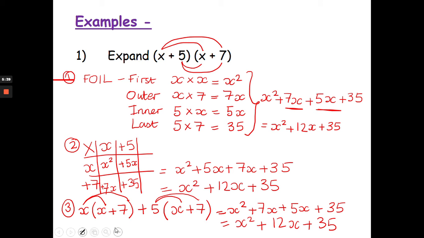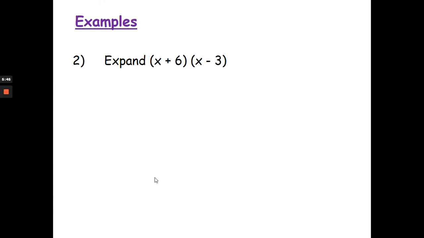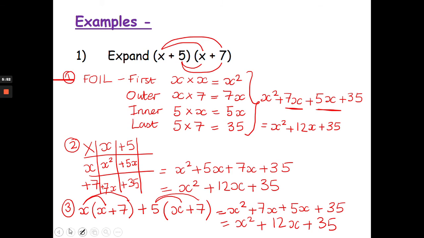Okay, so you can pause the video right here if you want to jot any of them down. I am going to move on to some more examples. So let's have a look at this one. Now this one has a minus sign over here. So just like I said in the last slide, it's really important to incorporate your plus signs whenever you're working